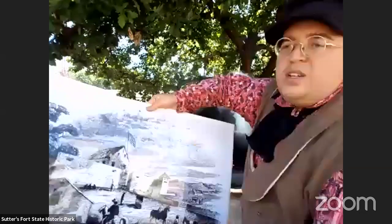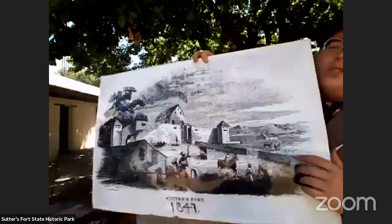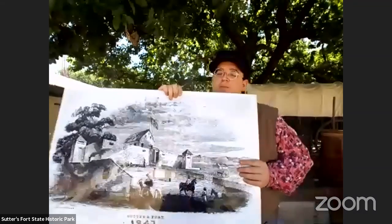And he drew this drawing, which became known as the most accurate drawing of Sutters Fort in the 1840s. And with Revere bringing the flag, Sutter loses his fort. John Charles Fremont takes the fort from Sutter's control, and this becomes an outpost for the United States military during